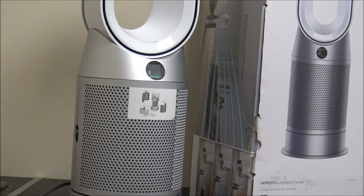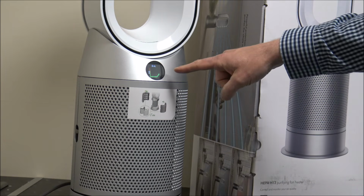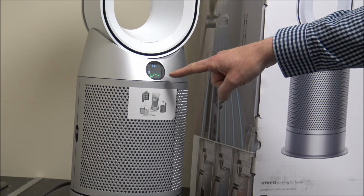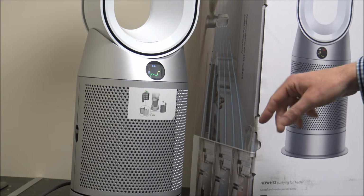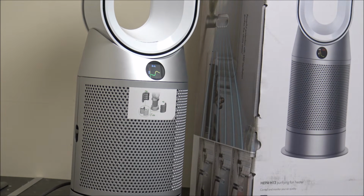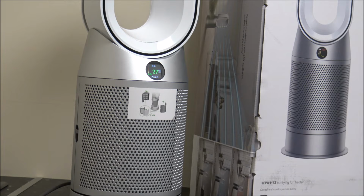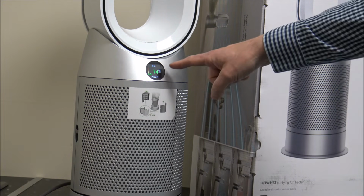So what I've done there is I've just sprayed this in front of the fan. It does always take a moment to detect it. It's just going through, and as you can see, hopefully you can see on here that it's increased. So it's increased on the front there, and also the speed of the fan has increased, and what it's doing is it's detected that there is an issue, and that's showing me PM 2.5. So it's the particulate matter at 2.5 microns. That's what it's detected in there. It's increased the speed of the fan. It's going to sort the issue out, as you can see the numbers coming down,